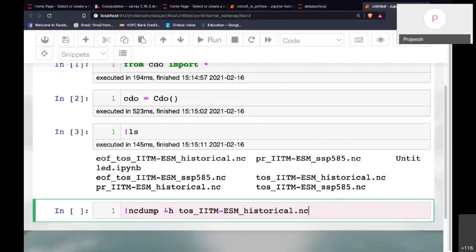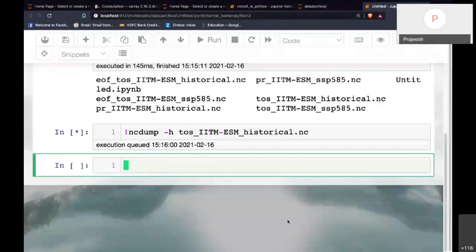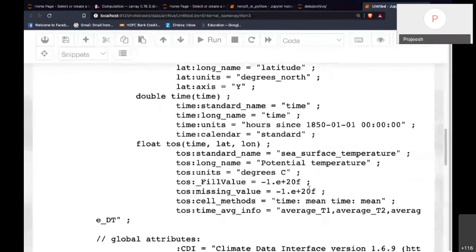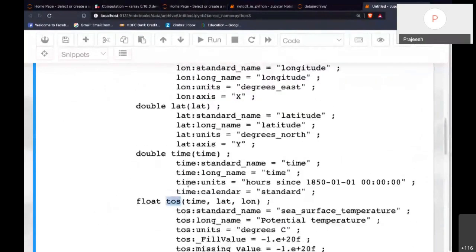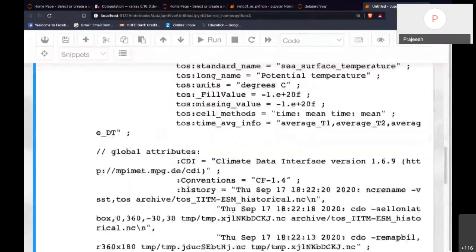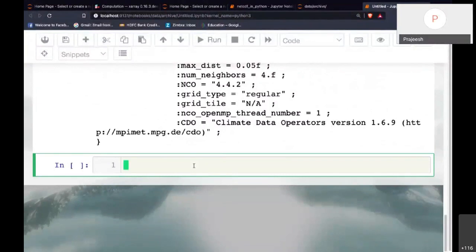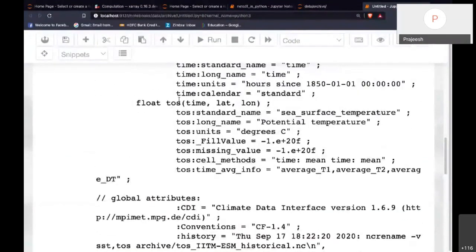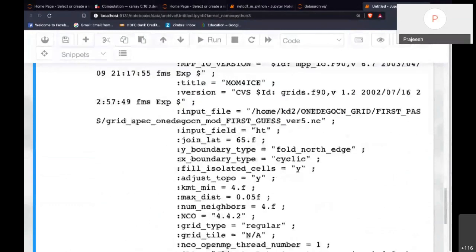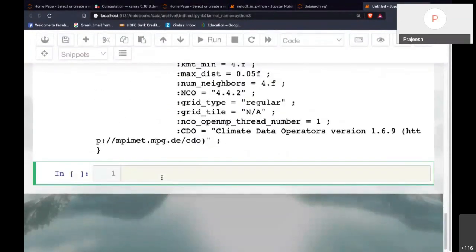Can do an ncdump of this. Okay, so you can see the variable name is tos. So I can just open or read the variable here. Or maybe I can select the variable for the Indian region. Okay, so how to do that in CDO?